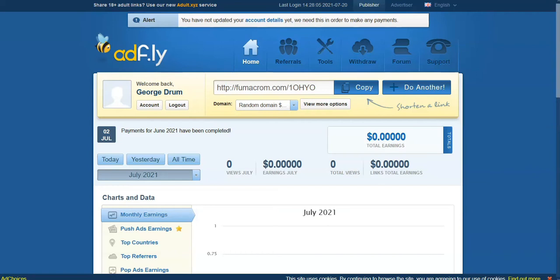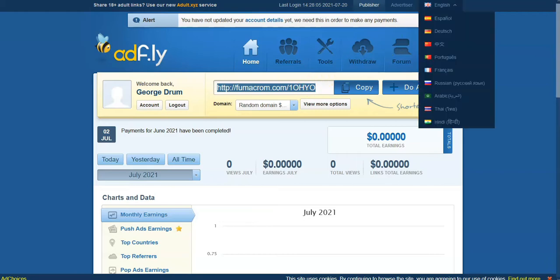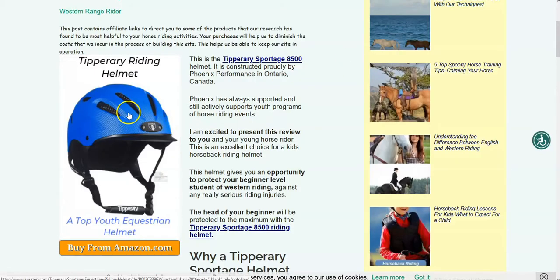Today's video is about Adfly, which is a click-to-pay ad link shortener service. You can get a link and shorten it with this right here, and then put this link in to promote products. The problem is this link will take you to about 2 or 3, maybe even 4 shortcuts. The person clicking on the link thinks they're going to go, let's say as an example, to this helmet, but they're going to get directed to 3 or 4 other places. I'll show you how that works in a couple minutes, so hang on for the example of it.